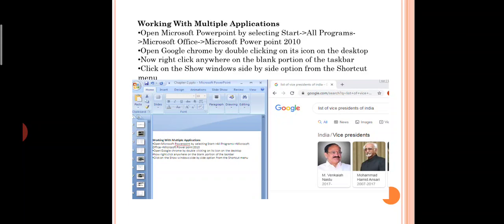So if you click on that, whatever PPT and whatever Google Chrome you have opened, both you can see side by side and you can use it easily. It becomes very easy to access all the information and type in the PowerPoint. Yes, I hope each and every student understood, and thank you.